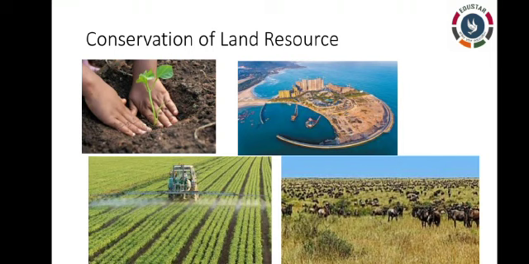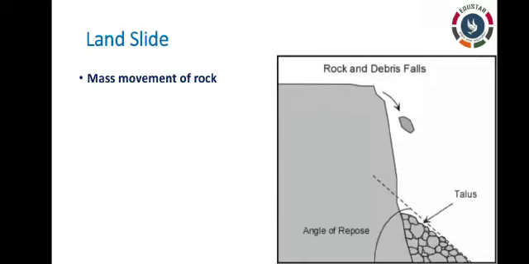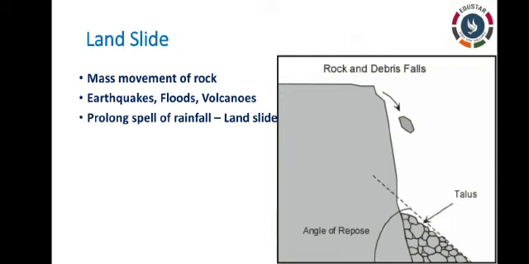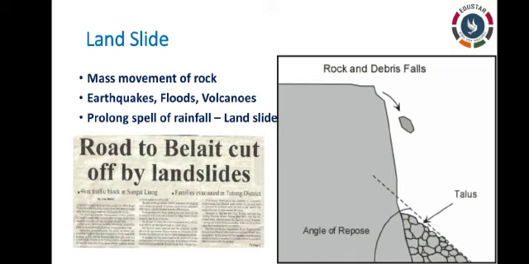Landslides. Landslides are the mass movement of rock debris. Debris is nothing but broken pieces of rock or earth down a slope. Landslides take place in concurrence with earthquakes, floods and volcanoes too. If there is a prolonged spell of rainfall in hilly areas, then it causes heavy landslides. That is what we are often seeing or hearing in the news about hilly areas like Ooty and Kodaikanal. This strikes the life of people in those hilly areas.